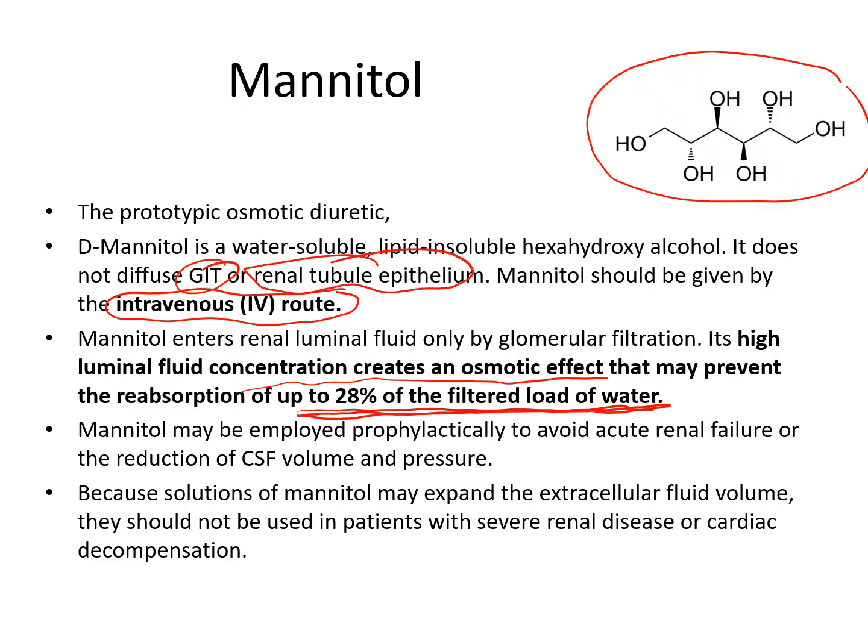اوكي. شو بيستخدم المانيتول؟ المانيتول employed prophylactically to avoid acute renal failure and to reduce cerebrospinal fluid volume and pressure in some of the patients that have CSF injury or there's other causes for like tumors and so on. بيستخدموا احيانا المانيتول عشان يقللوا كمية المي، لأنه هون احنا بنطلع أهم شيء إنه to try to get rid of some water. We don't care about sodium ولا potassium يطلع أو so on.